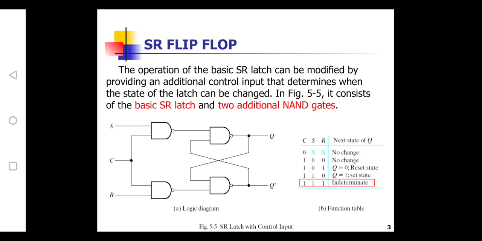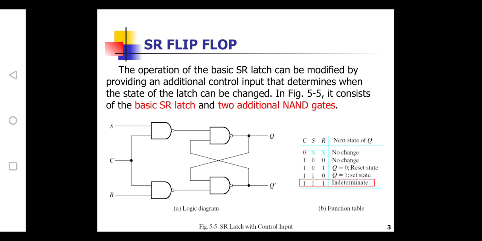So if we apply the concept of assuming the previous value as 0 as well as the previous value as 1, we are able to write down the functional table, or truth table, or characteristic table of a flip-flop. So I am telling you the functional table of an SR flip-flop. Here C represents a clock. Here we are assuming a positive edge clock. So whenever clock is 1, only then is the circuit going to function.